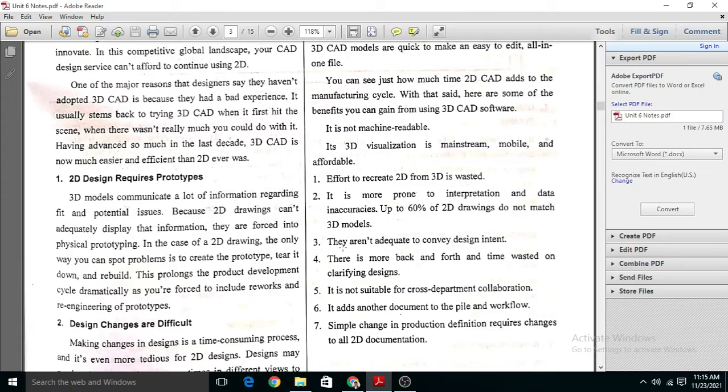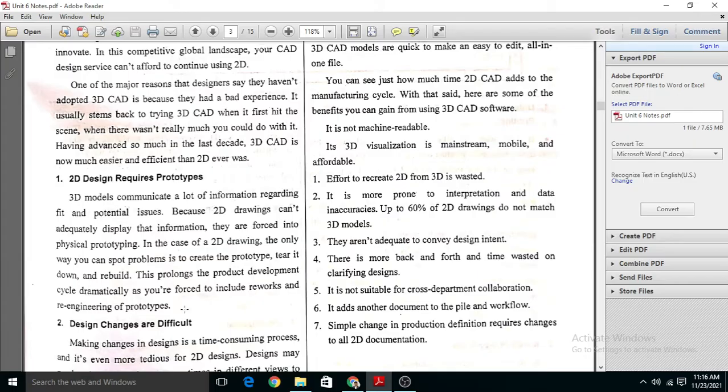In the case of 2D drawing, the only way you can spot the problem is to create the prototype, tear it down and rebuild. This prolongs the product development cycle dramatically as you are forced to include the rework and the re-engineering of the prototype.